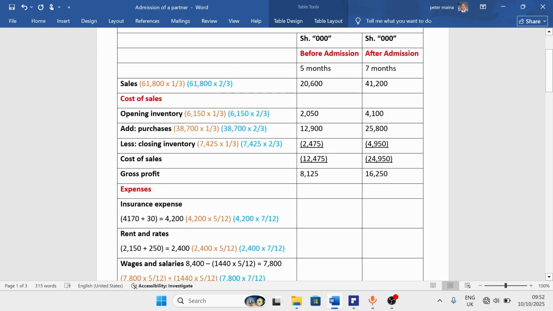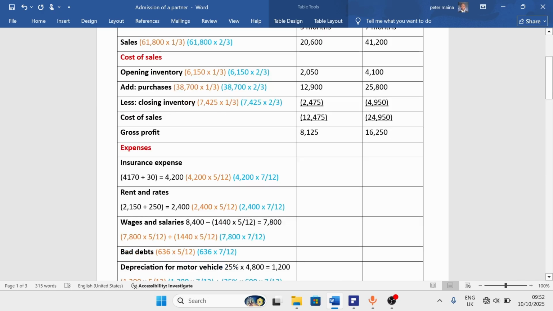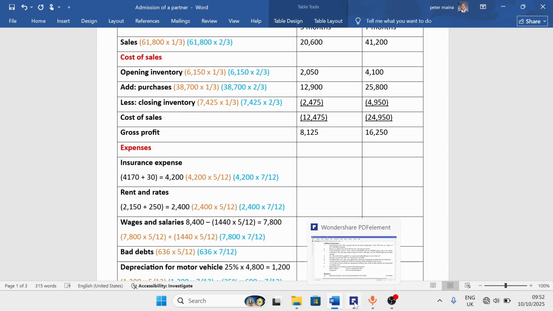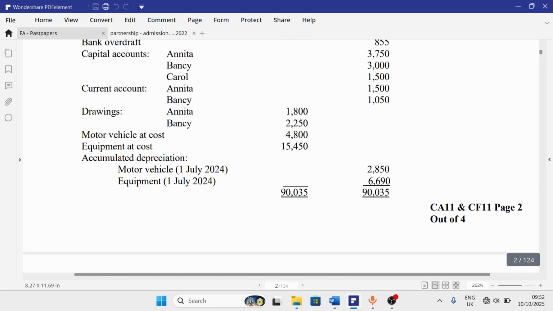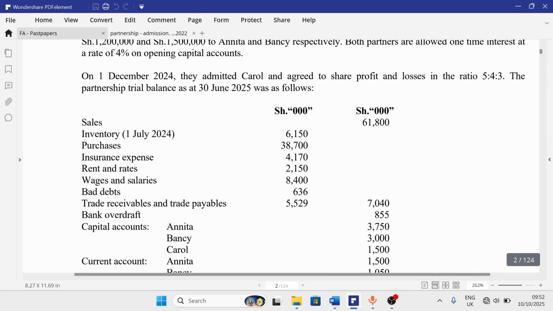We go to the second part, which is expenses. So the first expense we have is insurance expense. So let us go to the question and find the amount for insurance expense. So in the trial balance, insurance expense is given as 4170, but there is an adjustment that you are supposed